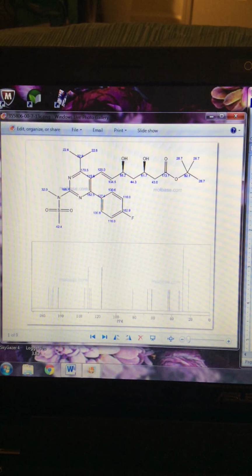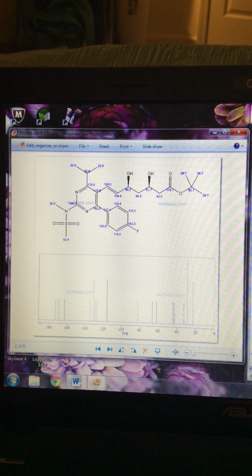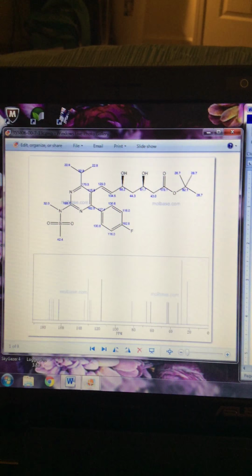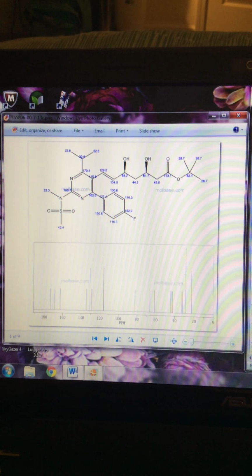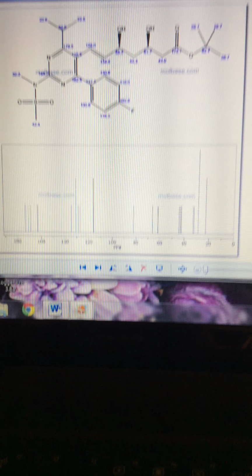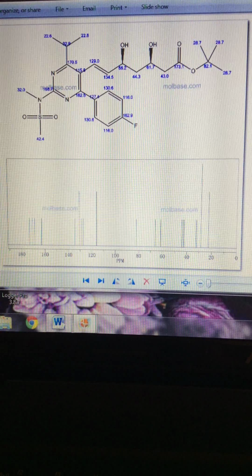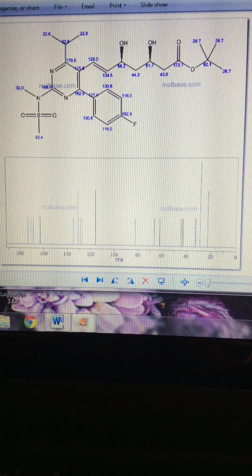The last part would be the C13 NMR for rosuvastatin. And C13 NMR is pretty much the same as H1 NMR, only it looks for carbon atoms instead of hydrogen atoms. So you can see the graph down here that shows where the peaks would be for the C13 NMR